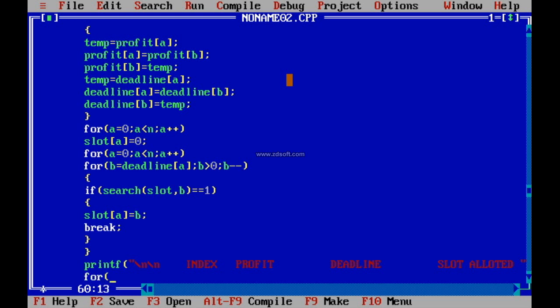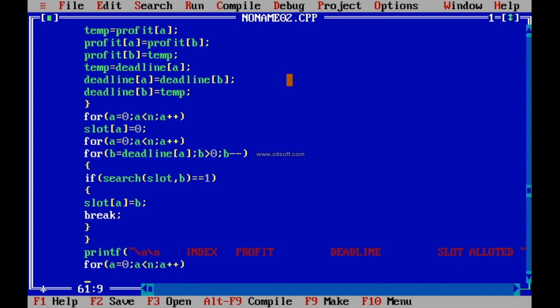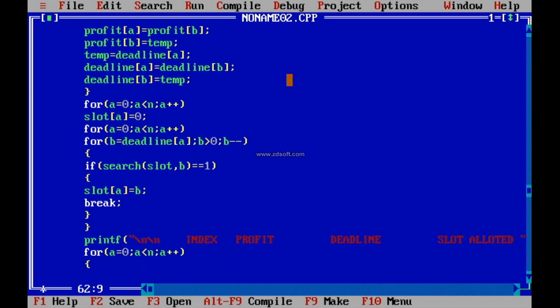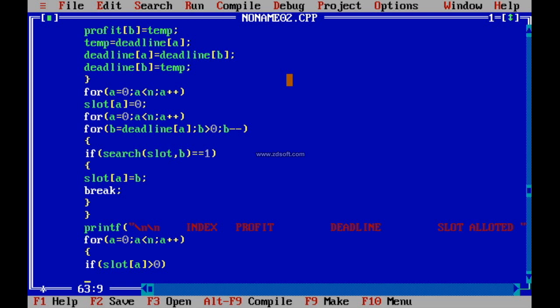For a is equals to 0, a is less than n, a plus plus. I am opening the for loop over here, making one condition. If slot array is not equals to but greater than 0, it means we have a space in that slot array. So printf